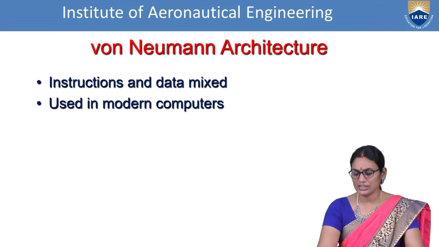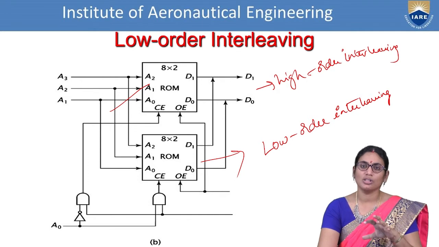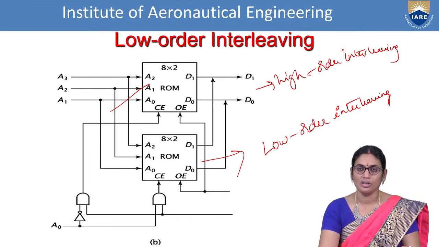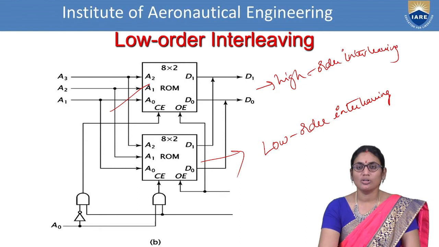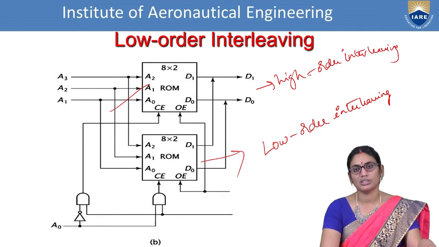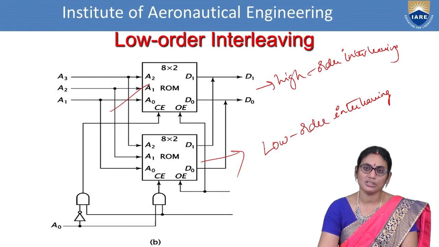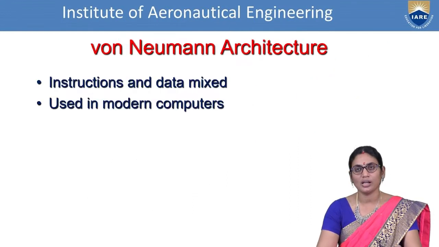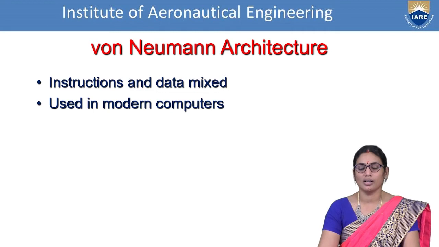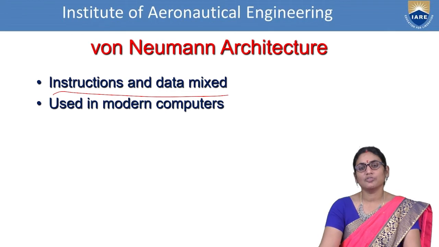Now, based on this memory chip organization, it depends on the scientist or the computer organization how it has been decided or designed. So based on these particular chip representations of a CPU, as well as the combinational circuits used in the CPU, as well as memory organization, two different proposals for designing computers have been proposed. The first one is von Neumann architecture. The second one is Harvard architecture. In the von Neumann architecture, which is a general basic example of modern computers, you're mixing the instructions and data. What do you mean by a combination of instructions and data?